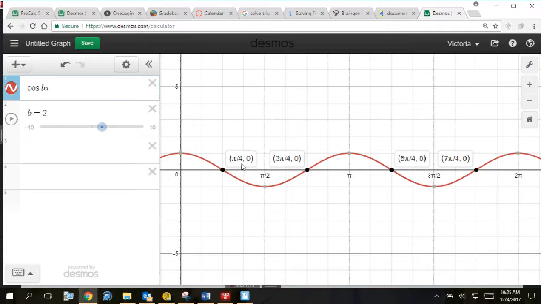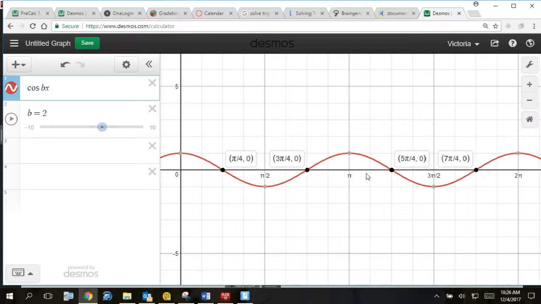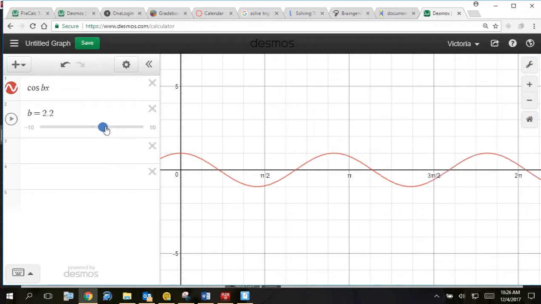And now we're at pi over 4, 3 pi over 4, and then there's 2 more, 5 pi over 4 and 7 pi over 4. What happened to the denominator? It got bigger. By what multiplier? 2. It's like we multiplied it by a half, which is what you do in the table when you graph these. What if I made it 3? 3 is not on your thing, but if I made it 3,